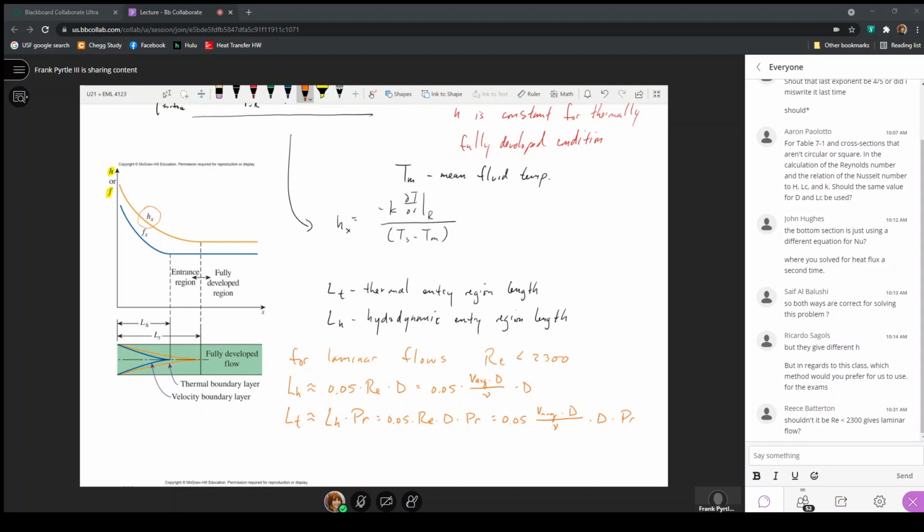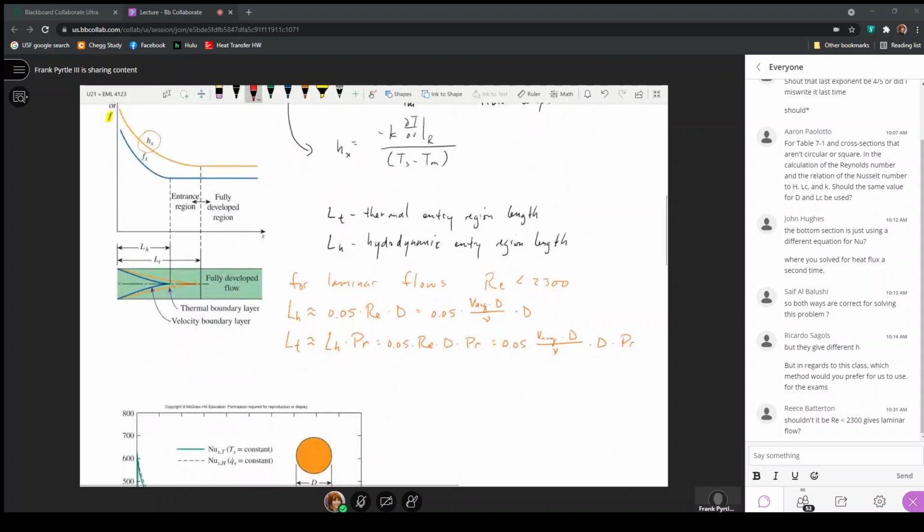that length to the length of the actual pipe and consider how well I need to actually consider and calculate the contribution of the average friction factor to the constant value of the friction factor that would exist along the pipe. Or for the thermal problem, do I have to calculate this average value of the heat transfer coefficient compared to the constant value of the heat transfer coefficient that's going to exist once I get to the thermally fully developed condition? Now, when this is a turbulent flow,